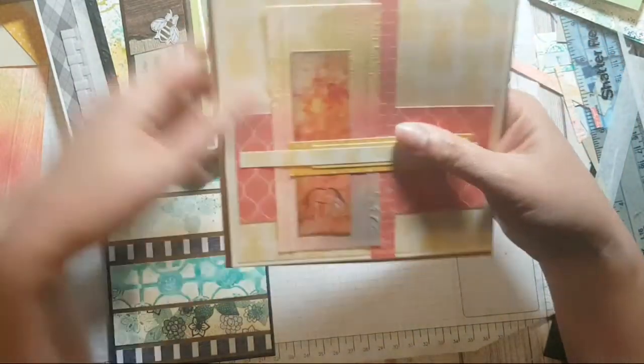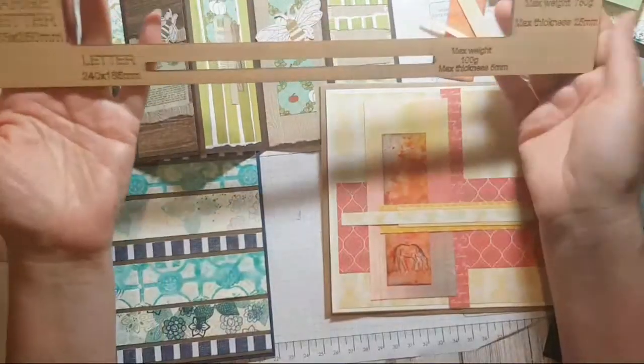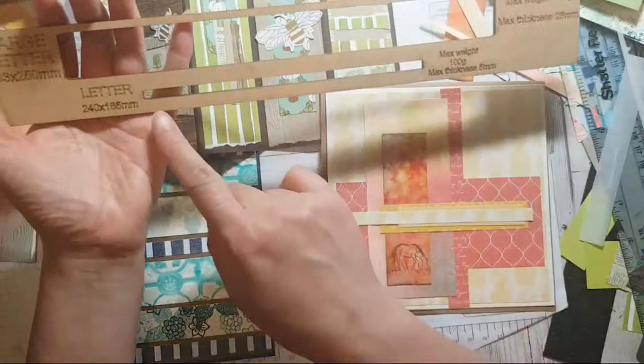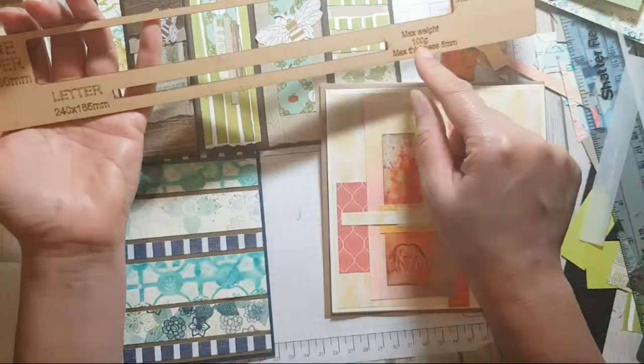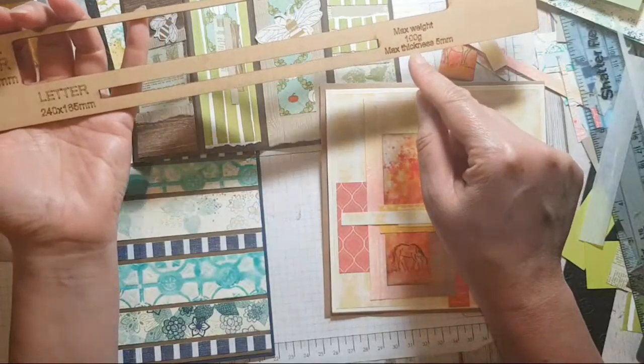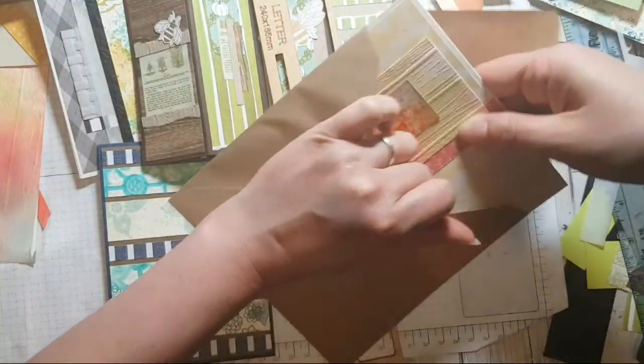Not in the UK. No, not in the UK. It's to do with, okay, so in the UK, this is how it works. We have letter size up to a maximum weight of 100 grams and a maximum thickness of 5 millimeters. So as long as it fits,